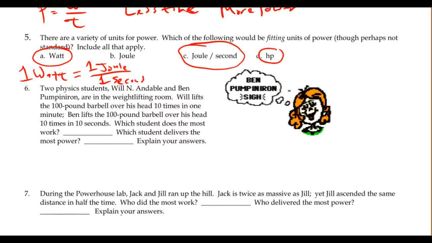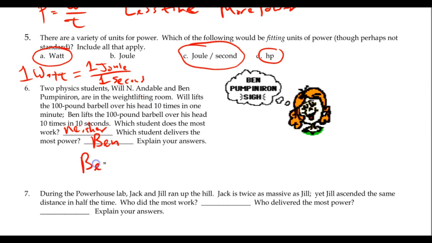Okay, number 6, we have 2 students lifting the same amount of weight, the same amount of time. Essentially, they're doing the same amount of work. So neither does more work. They're both overcoming the same weight. They're overcoming it the same number of times. If we assume that their stretch or arm length is the same, they're doing the same amount of work. On the other hand, though, Ben does that work in only 10 seconds, whereas Will takes a full minute to do the work. So that's going to make Ben more powerful